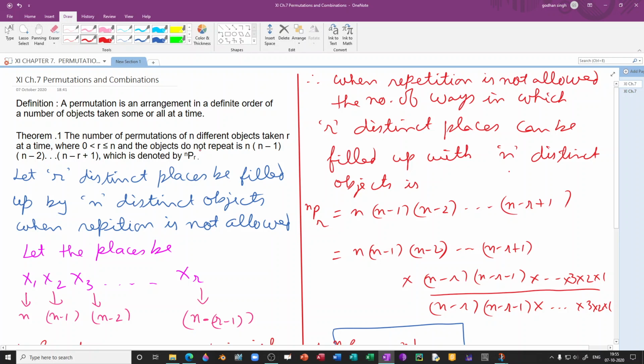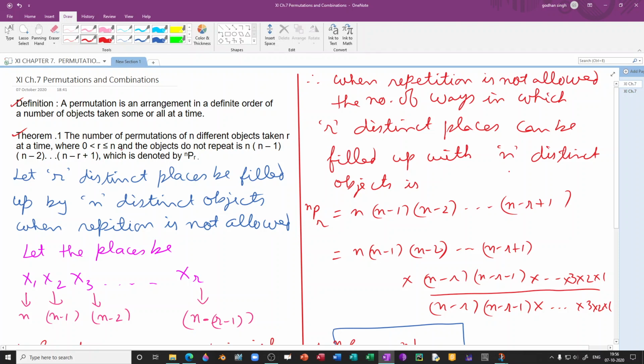Class 11th, chapter number 7, Permutations and Combinations. So we'll learn the definition of permutation. A permutation is an arrangement in a definite order of a number of objects taken some or all at a time. Theorem 1. The number of permutations of n different objects taken r at a